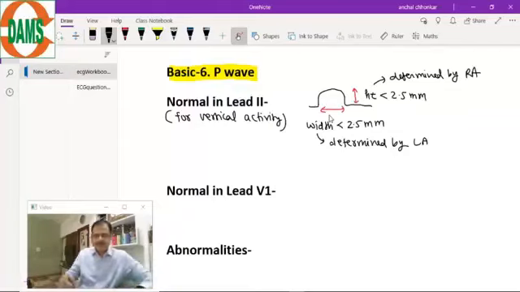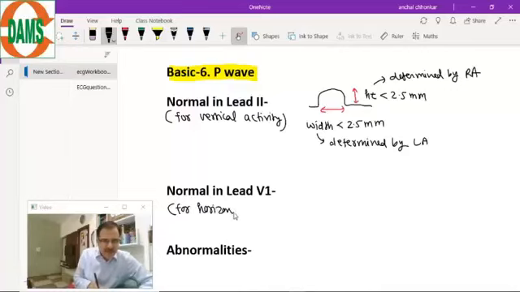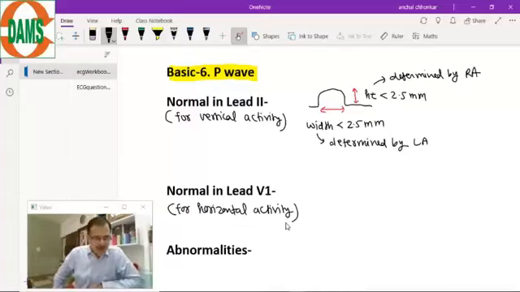All right. So now come to V1. The V1 lead is for the horizontal activity of the heart. The horizontal activity of the heart is from endo to epicardium. So normally in lead V1,